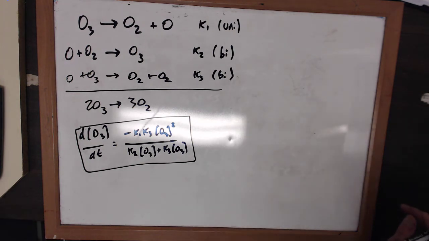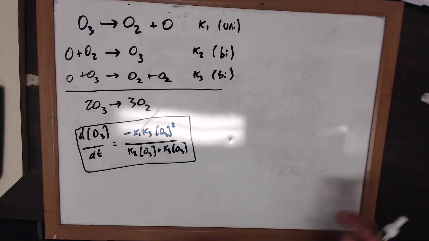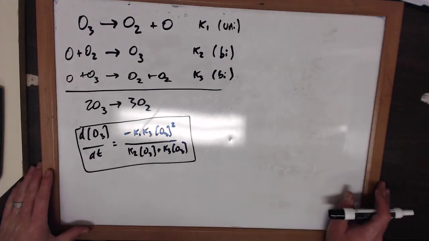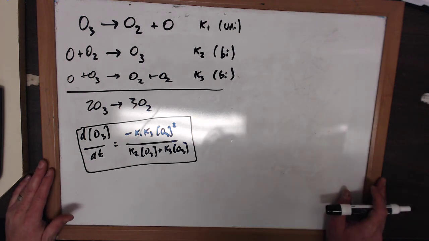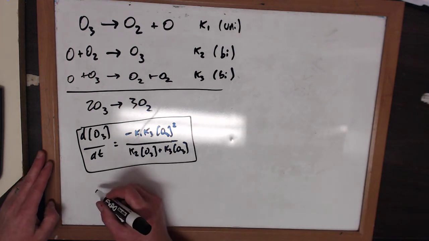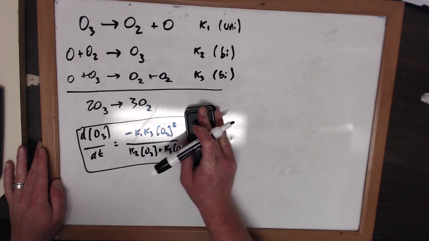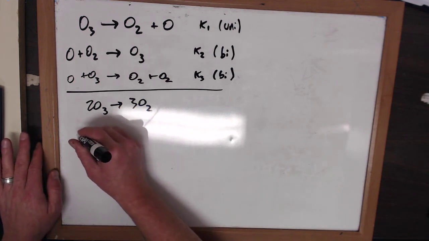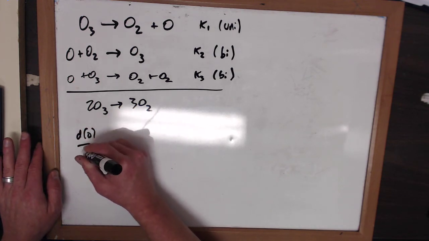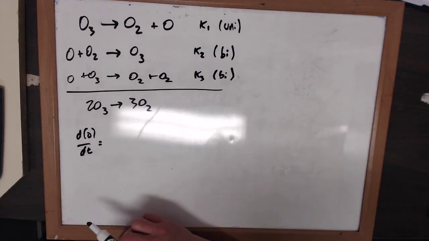Okay, hopefully you did it and you got to it. If not, let's do it. So the way this goes is we write an expression for oxygen atom, and I'm going to get rid of this so that we have some more room here. Okay, so we'll write dO/dt, and that is going to equal